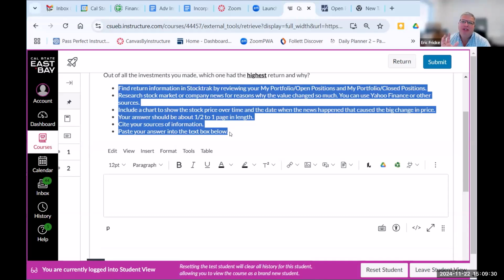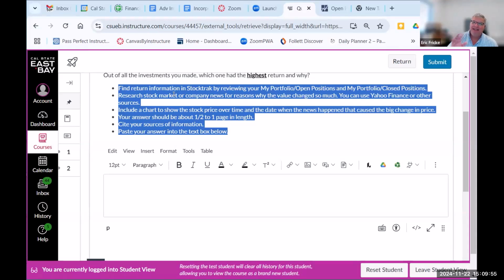don't pick a mutual fund or an exchange traded fund, because it's kind of hard to get information about that because it's a diversified portfolio. So there may not be one piece of news. Instead, pick a good performing one, and it's like kind of a well-defined stock, just to make your job a little bit easier. And so we're going to do that, and then we're going to research the stock, try to